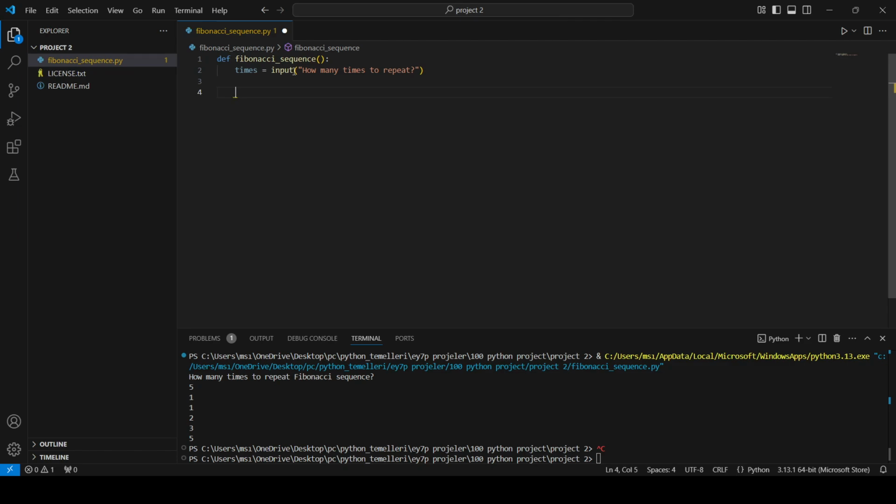So I need three variables, I guess, yeah. First, I need my first number, then I need my second number. This one should be one. Yep. And for the last one, I need a variable to check